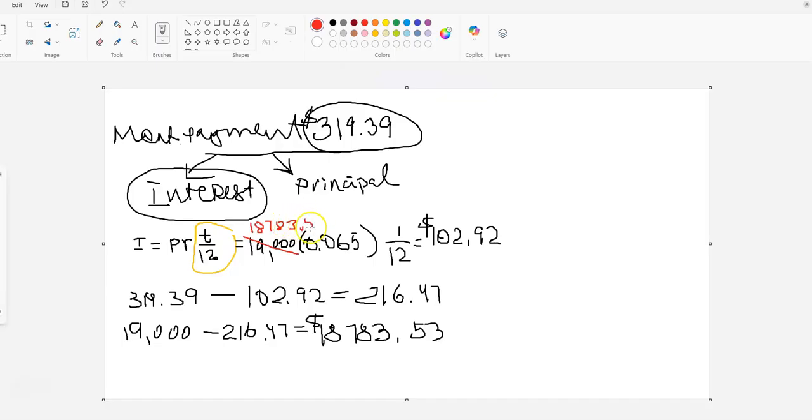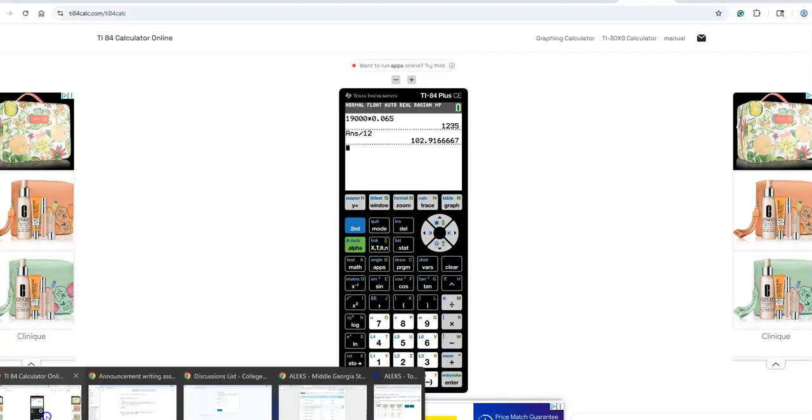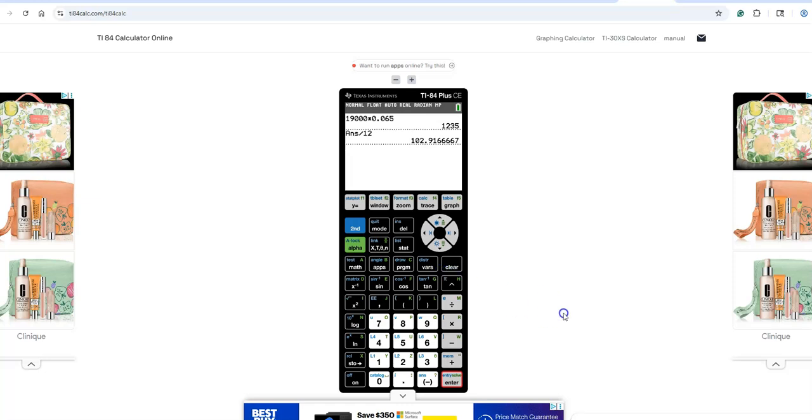$18,783, and it's important to keep all the cents. So instead of that, you will use this new balance. That's your principal for the formula. P is for the principal. The rate will remain the same, and the factor here will be 1/12. So let's go ahead and calculate, and that will be 18783.53